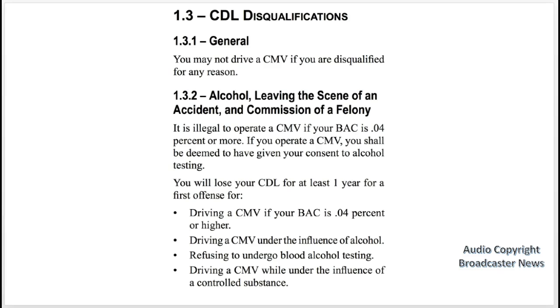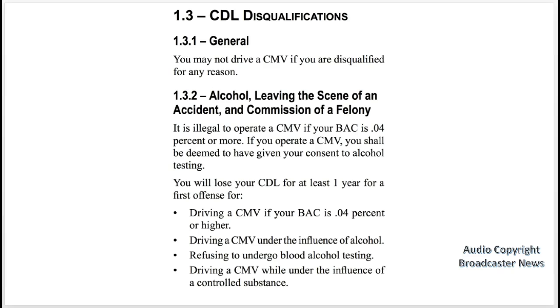1.3.2, alcohol, leaving the scene of an accident and commission of a felony. It is illegal to operate a commercial motor vehicle if your blood alcohol level is 0.04% or more. If you operate a commercial motor vehicle, you shall be deemed to have given your consent to alcohol testing. You will lose your CDL for at least 1 year for a first offense for driving with your alcohol level